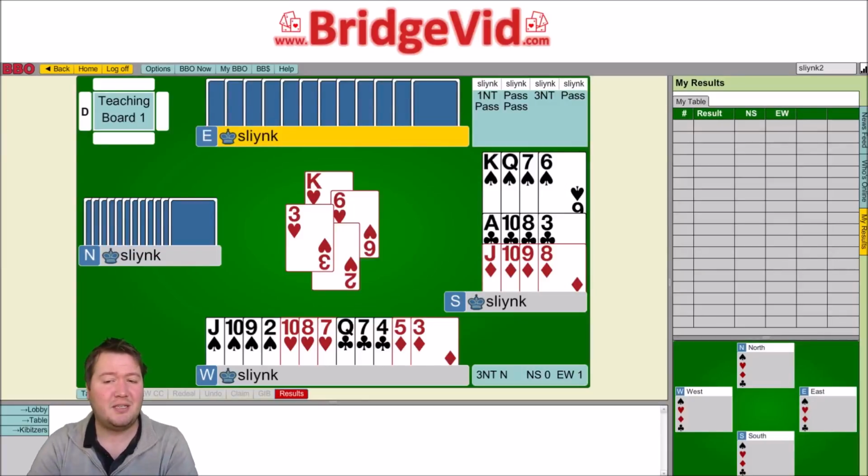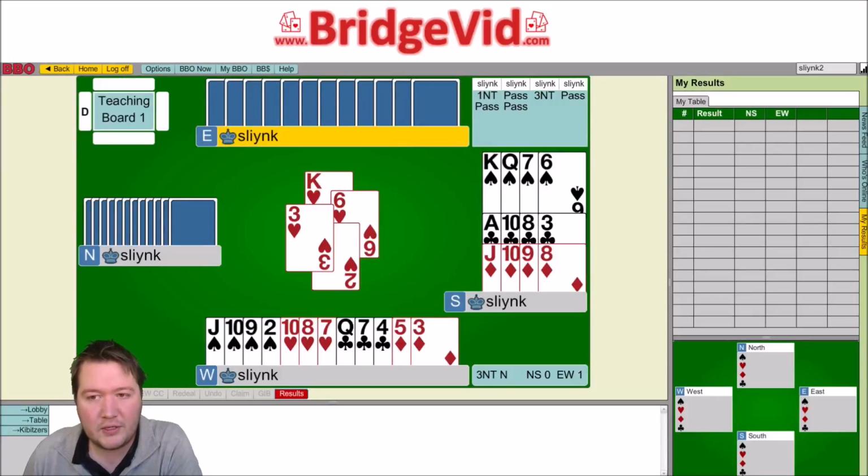You should just understand what your signals mean and when to use them. You typically don't just play one signal and that's all I do. Some people do, but it's good to have a variety and understand when you should be signaling and what you are signaling. So a quick recap, we've just talked about count,